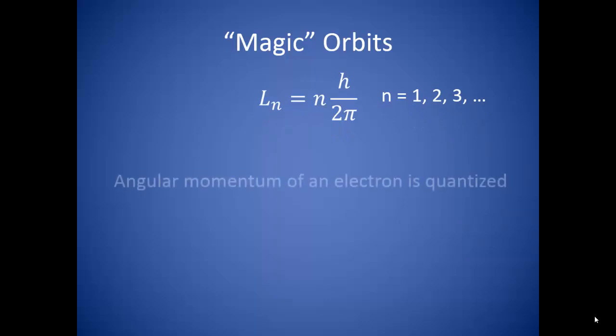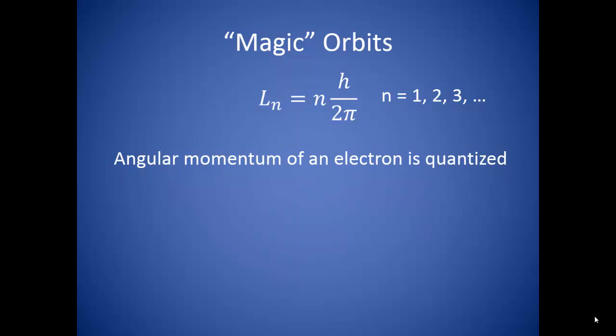Bohr focused his study on the hydrogen atom. Hydrogen is the simplest type of atom in that it has only one proton surrounded by a single electron. Bohr proposed the idea that electrons can only be found in special magic orbits. By magic, what he really meant was stable, and that the angular momentum of an orbit must be equal to n times Planck's constant divided by 2 pi, where n is a whole number. The genius here was that Bohr was quantizing angular momentum.